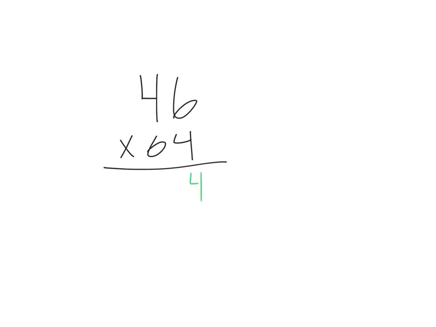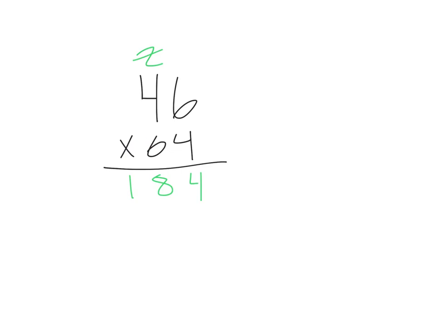I'm going to put the 4 there and carry that 2 over. 4 times 4 is 16, plus that 2 is 18, and I'm going to write that there. And when we multiply 4 times 46, we end up with 184. I'm going to cross that 2 out because I will not need it when I go to multiply by